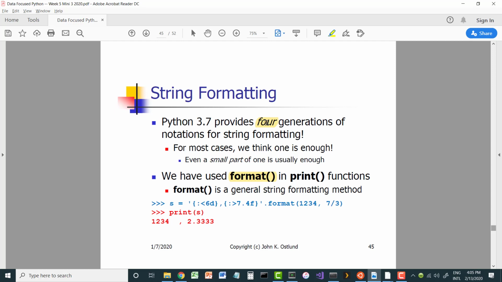Now, I personally think that if a language has 4 different ways of doing something, it probably has 3 too many ways of doing that thing. And so I strongly suggest that, and you may not choose my favorite, but choose one method for formatting and learn that one really, really well, and just forget about the other 3. Okay? Now, the format function